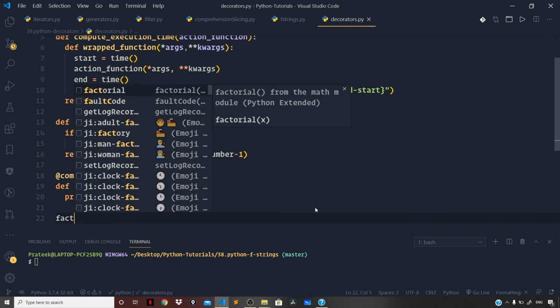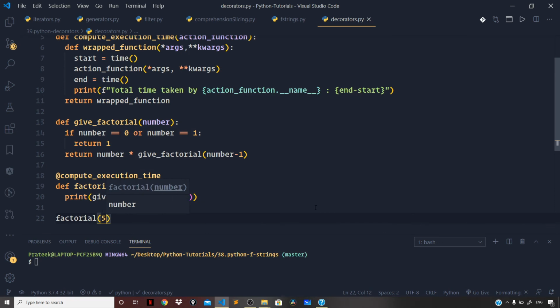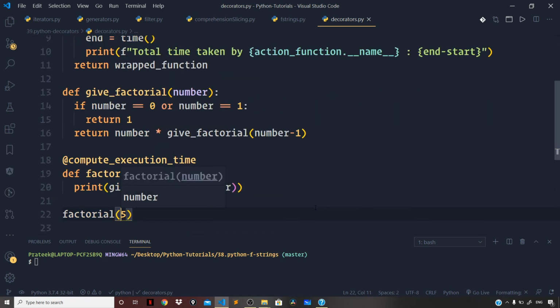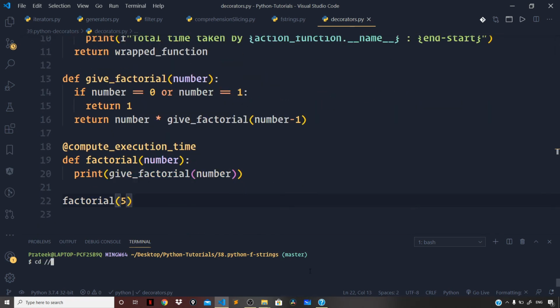So right here I will say factorial 5. Let us zoom this back up again and let us run the file. So let me go to the correct folder. So cd and python